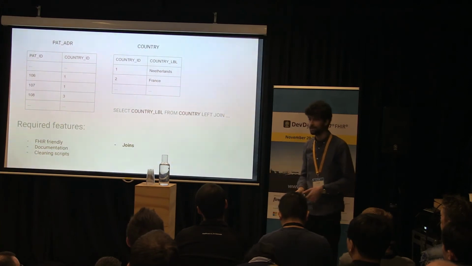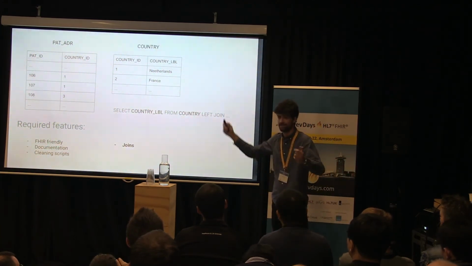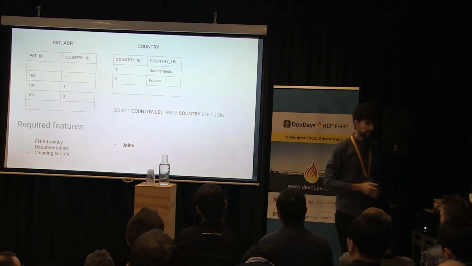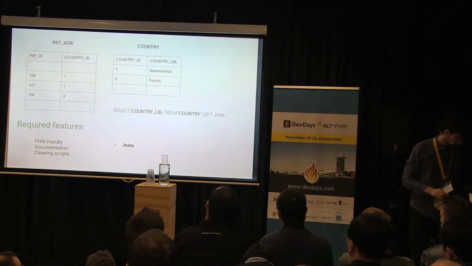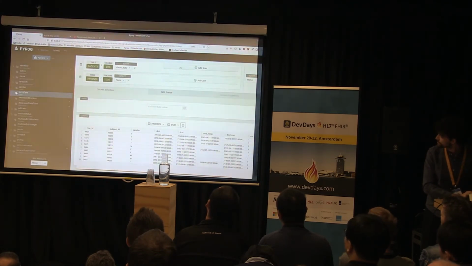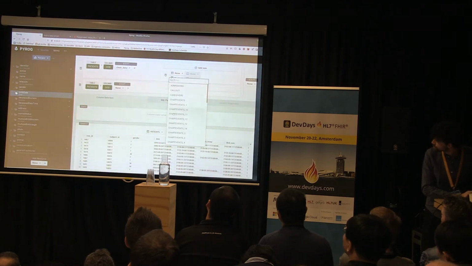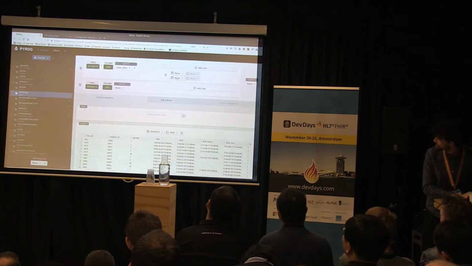So you'd like to run a simple command, select country, and do your join. This is something we need to implement. And you do it this way. You can add joins between one table and another,